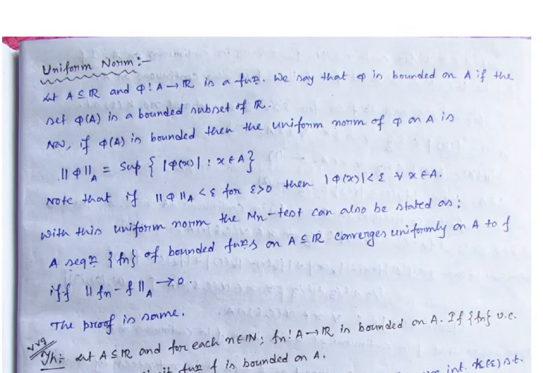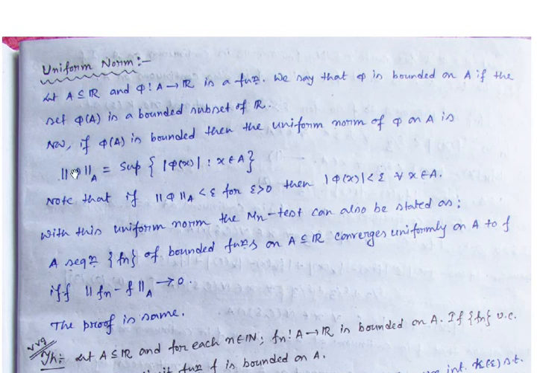The first thing is that today we will learn what the uniform norm is. So what is the uniform norm? Say we have a set capital A which is a subset of the set of all real numbers, and we define a function from the set to the set of real numbers. Then the function is said to be bounded and is said to have a bounded norm or uniform norm if